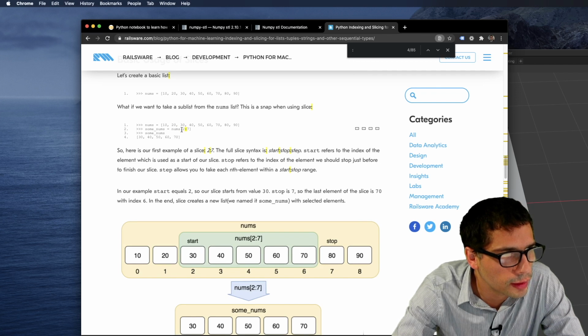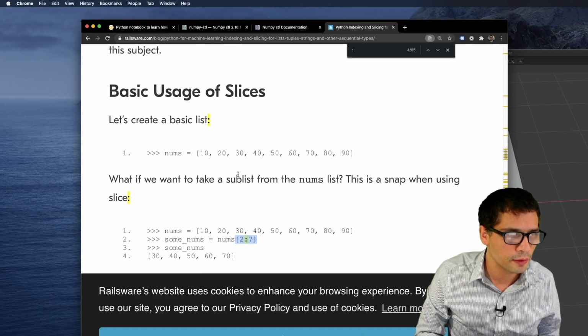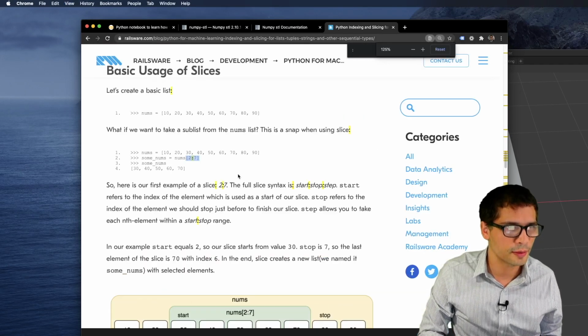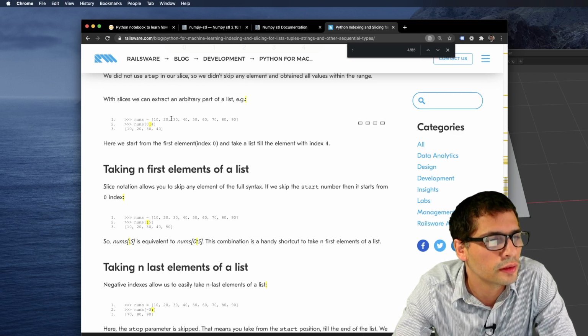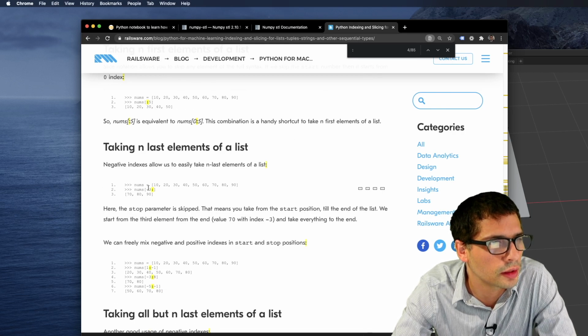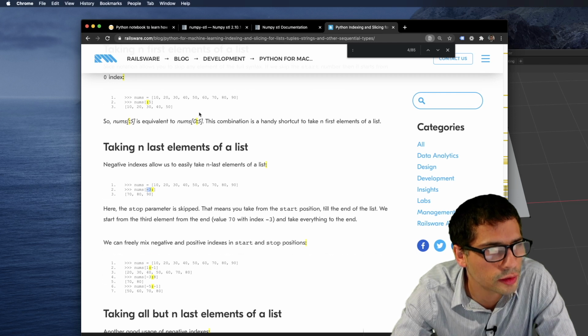Two to seven, I understand this type of slicing. It's simple enough. 2 to 7 means it's just getting a subset. With a comma, I've never seen that. Okay, so I understand this. If you omit the number on the left, it's basically on the right. That means it goes up to the end. If I omitted this number as well, it would go from the start.